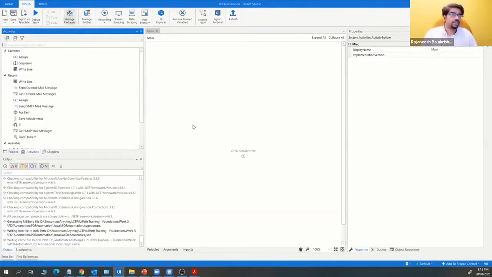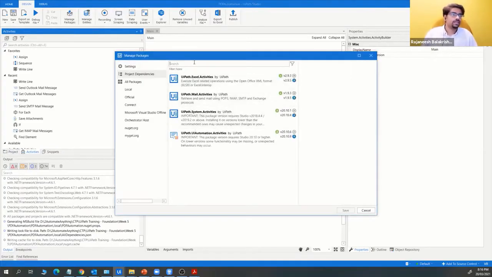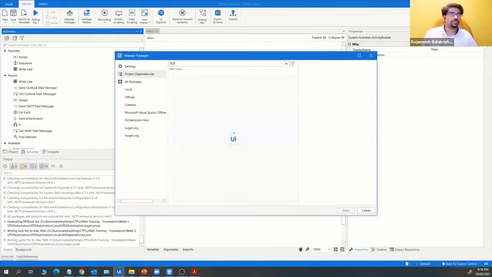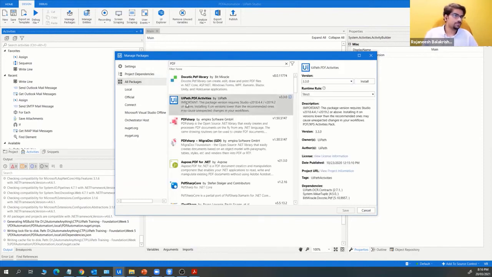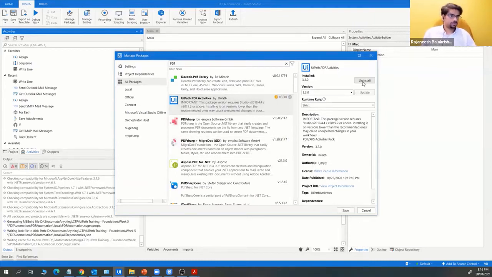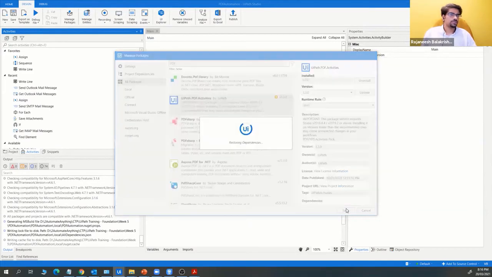We need to find the correct manage packages. Type PDF and search, go to all packages. You get UiPath.PDF.Activities. Just install this and click on save.